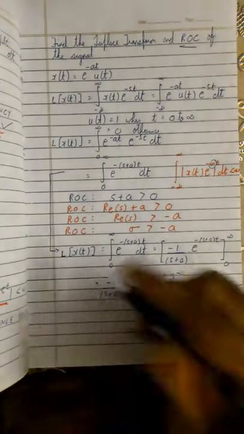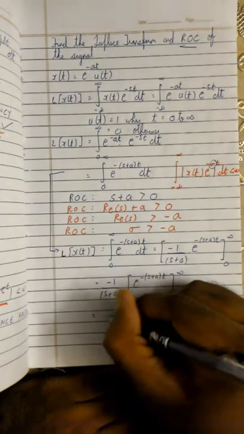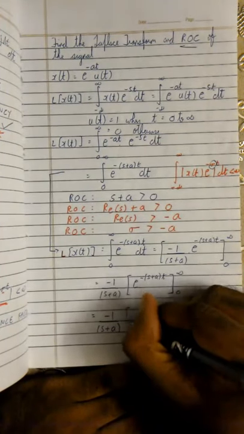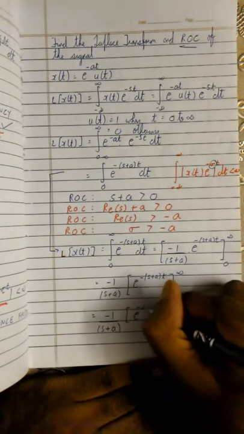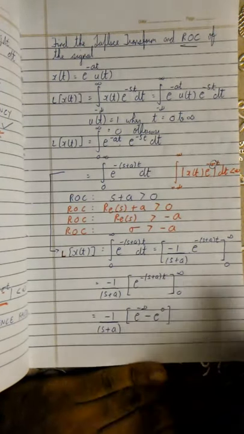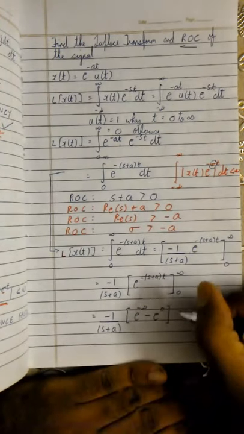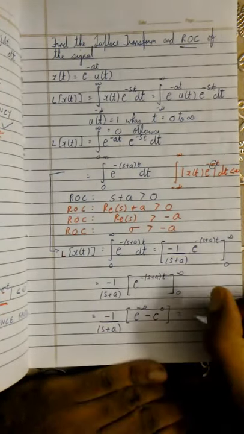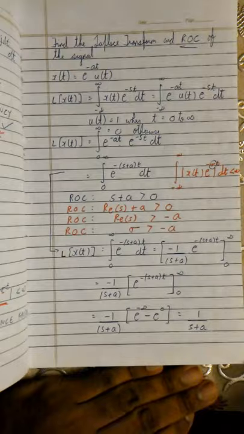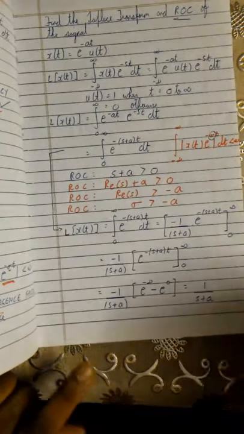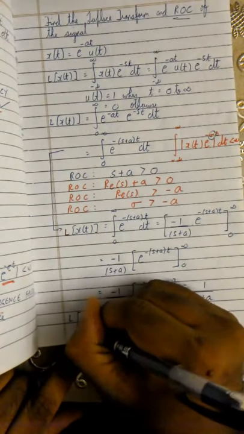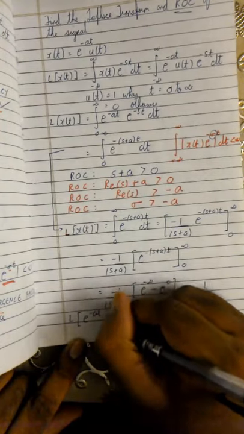Okay, this in turn becomes minus 1 by (s plus a) into [e raised to minus infinity minus e raised to 0]. E raised to minus infinity is 0 and e raised to 0 is 1. Therefore, minus 1 into minus 1 becomes plus 1. So the answer is 1 by (s plus a). Or in other words, the Laplace transform of e raised to minus at into u of t